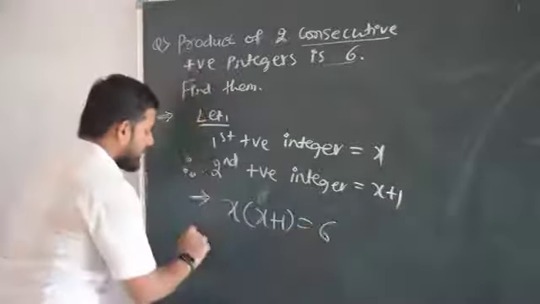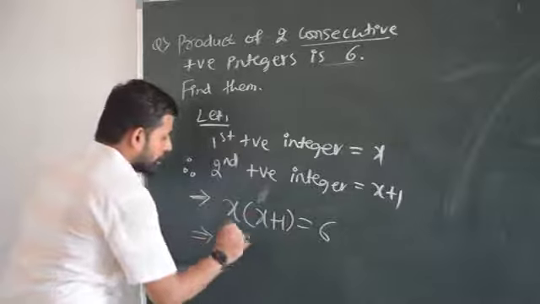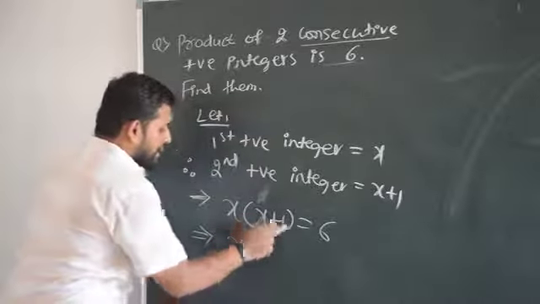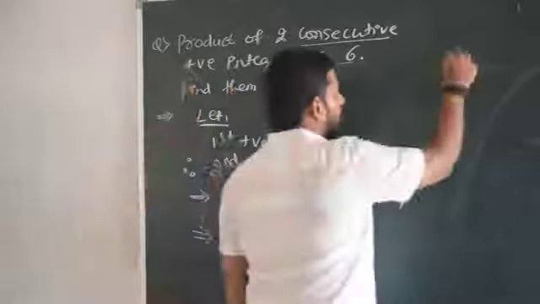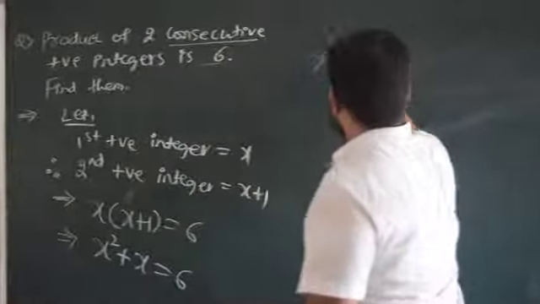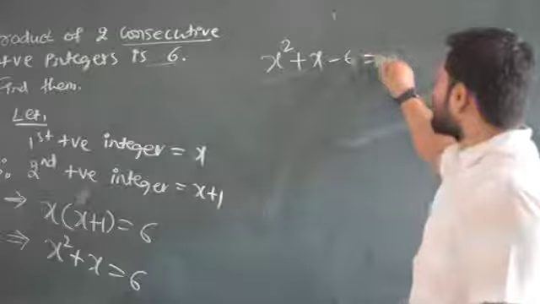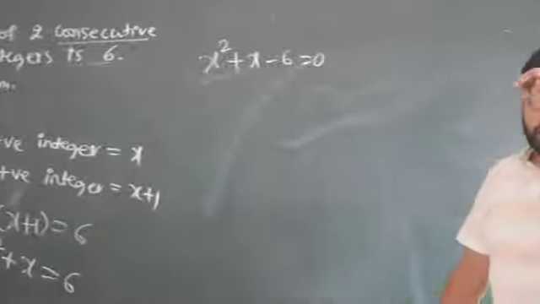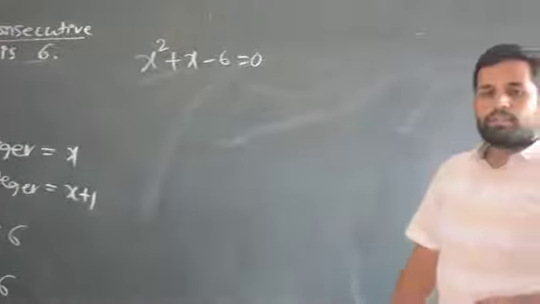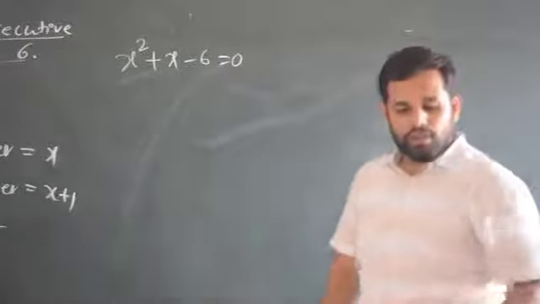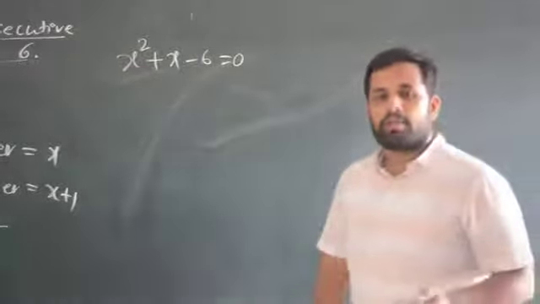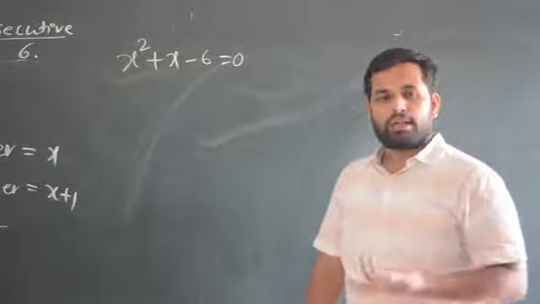That means x bracket x plus 1 is equal to 6. Then I am going to have it as x square. X into x is x square plus x into 1 is x, and that is equal to 6. I am going to just do calculations over there. It will become x square plus x minus 6 equal to 0. I am sending that 6 that side. Now, can you solve this by using a quadratic equation? This is a standard quadratic equation, no? You can solve it by using a quadratic formula or you can solve it by using a factorization.